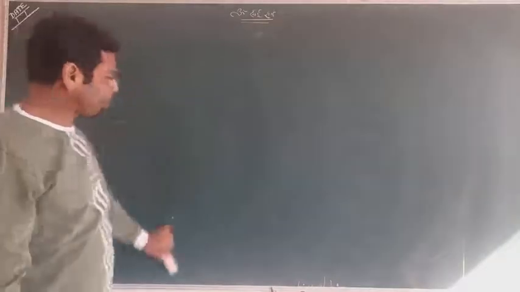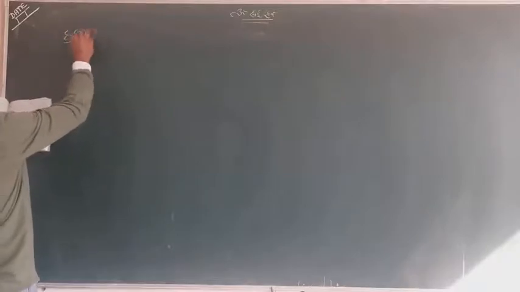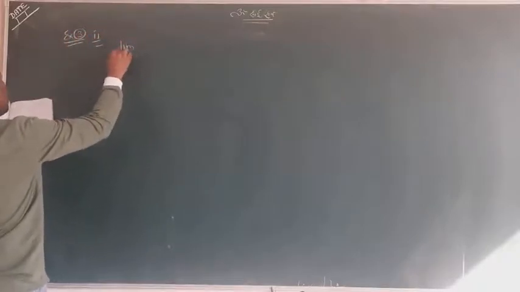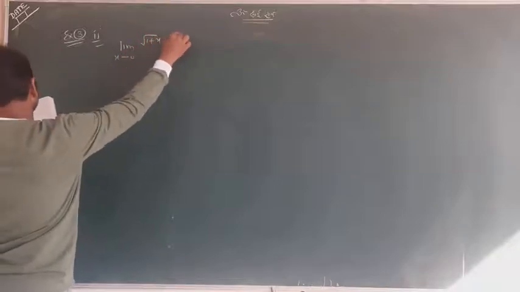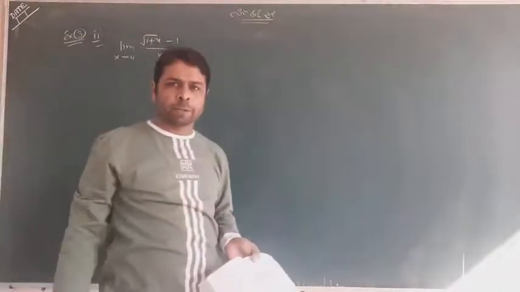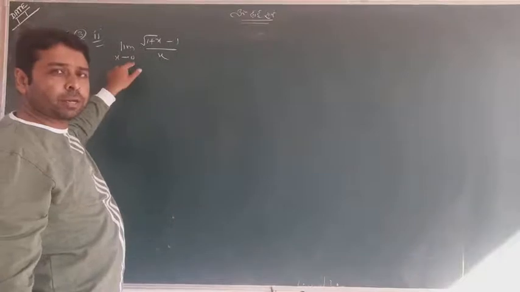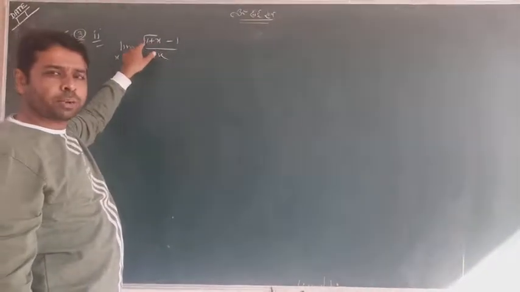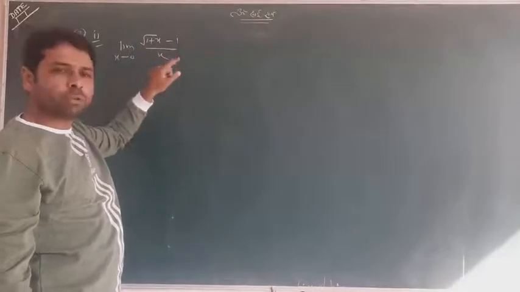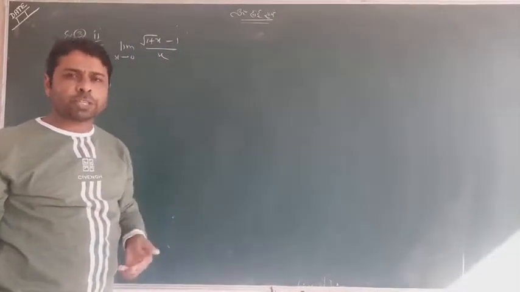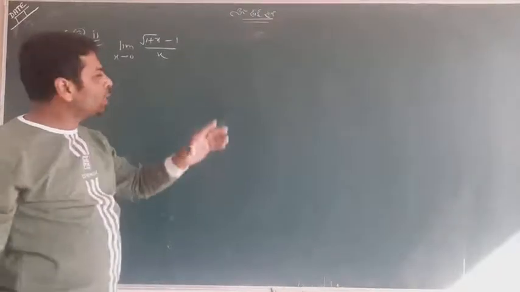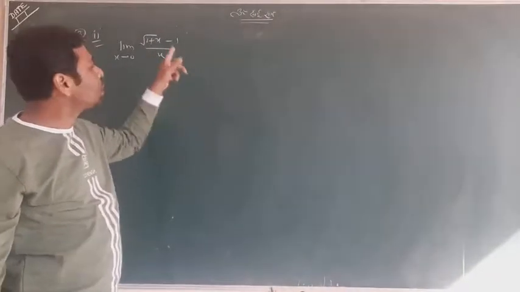So the first method we have seen, I have explained to you. Now we will have some other method. Example number 3: first of all I will explain to you with the second question. First method we have seen is the factorization method. But if you see this question, after putting limit x tends to 0, it will be 1 minus 1, 0 upon 0. It means again 0 upon 0 you are getting. But can you see the question? You cannot use the factorization method here because it has an under root sign.